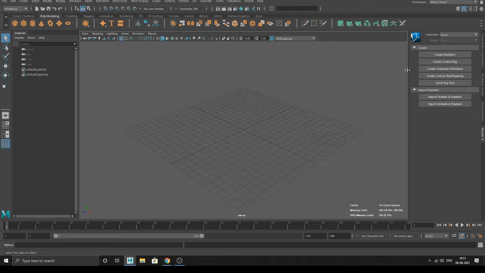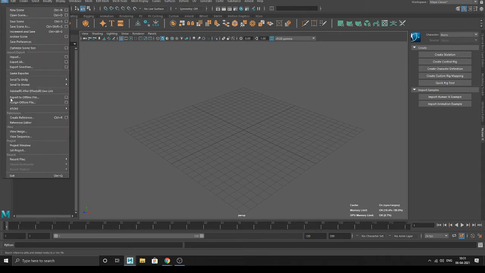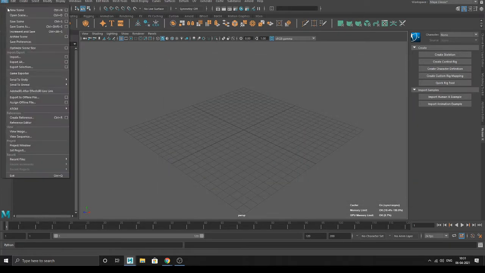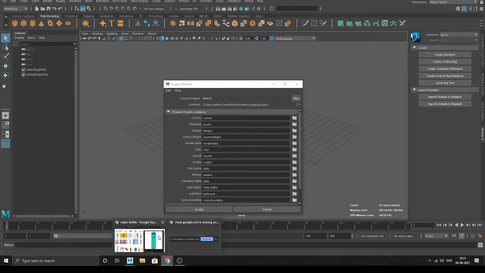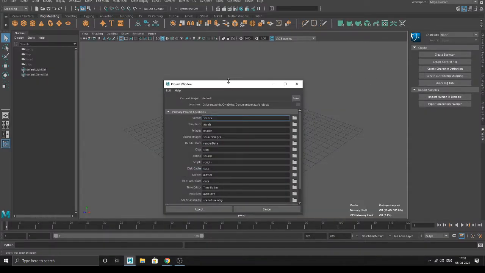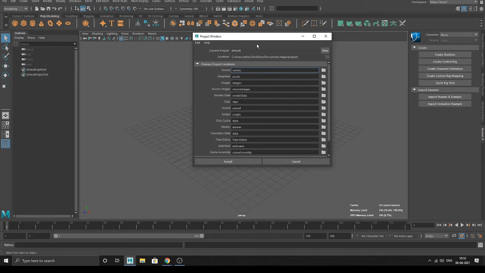Or else you can set a project. This set project is mostly used for scenes, if you have a big scene. Look, I'll show you. When you set project, a main folder is created, and in that there are subfolders.